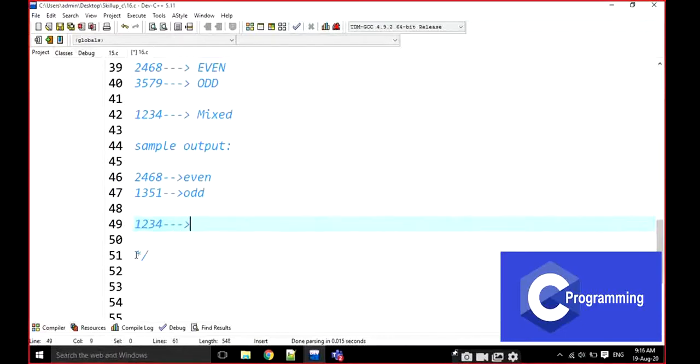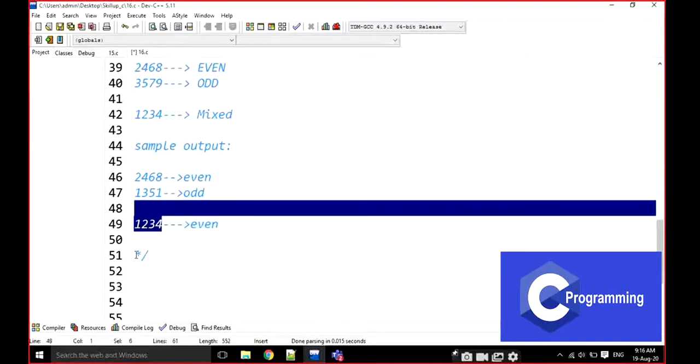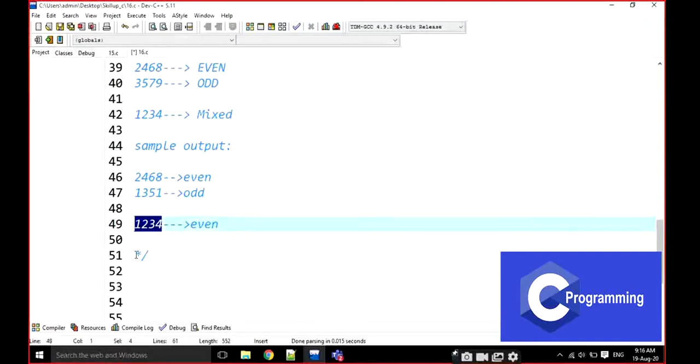Now I am going to start like this. Is this number even or not? Yes, it is even. Why? Because the last digit is 4. That's why it is an even number, right? And I am thinking that this number contains all even digits. Just listen carefully. This algorithm is somewhat typical. Yes, the last digit is even. That's why I am thinking that the whole number contains even digits.